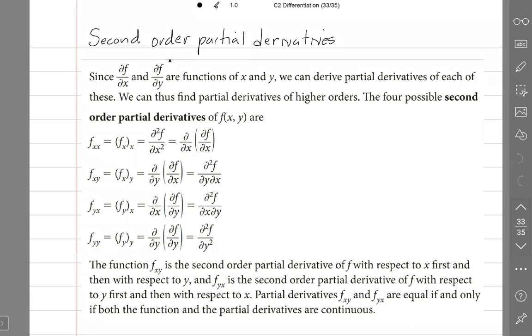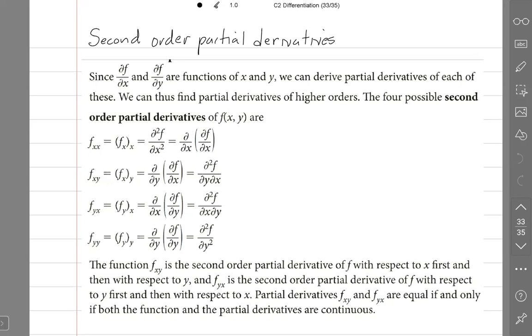All right, so let's talk about second order partial derivatives. It says since ∂f/∂x and ∂f/∂y are functions of x and y, we can derive partial derivatives of each of these. We can thus find partial derivatives of higher order. The four possible second order partial derivatives of f, which is a function of x and y, are: